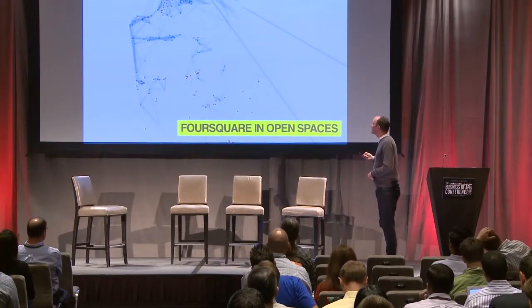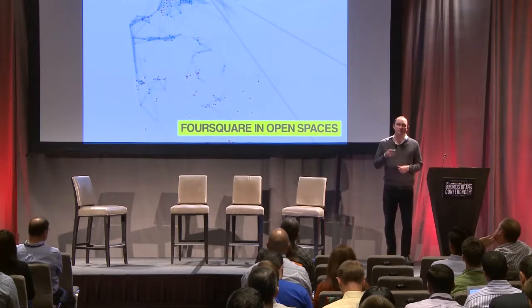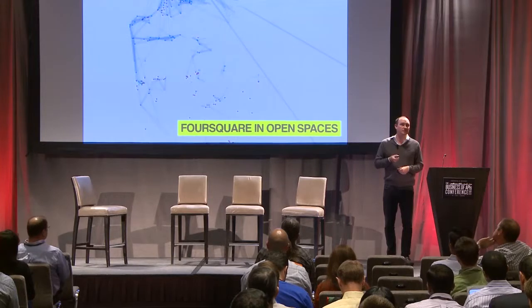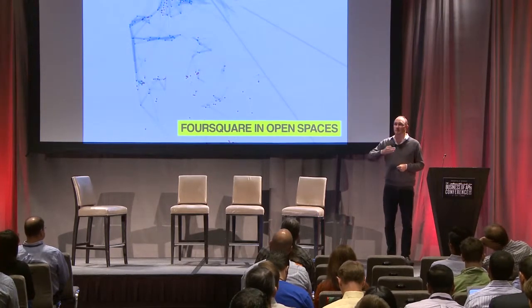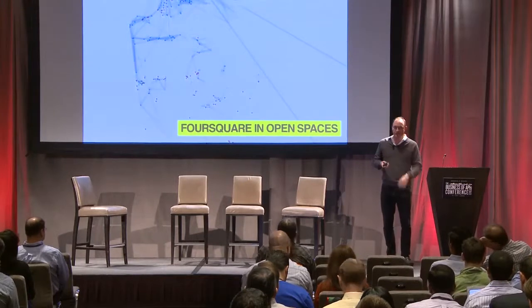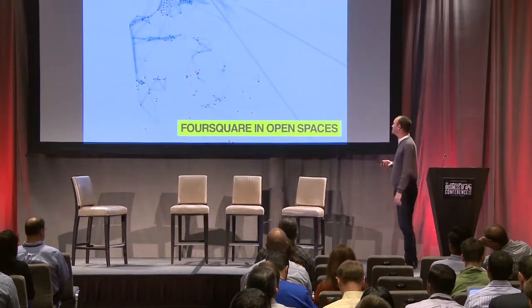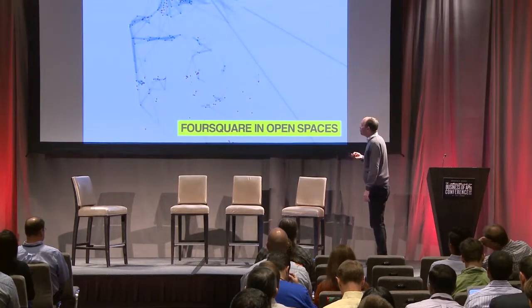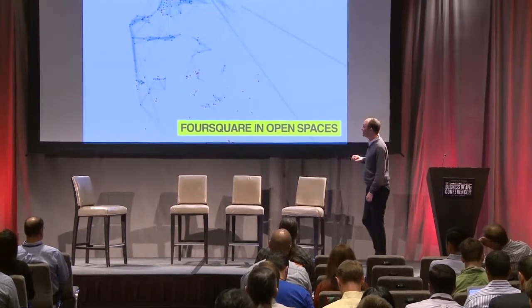Alcatraz. The blue lines are representations of what the Foursquare API lets you query for. You can get for any given location the 5 locations that people are most likely to go to after they go there. So I'm here at the St. Regis. If somebody takes a look at Foursquare, the places that you might go to after this are the Four Seasons or Golden Gate Park. So the blue lines are representations of where people go after they check into one of those places.